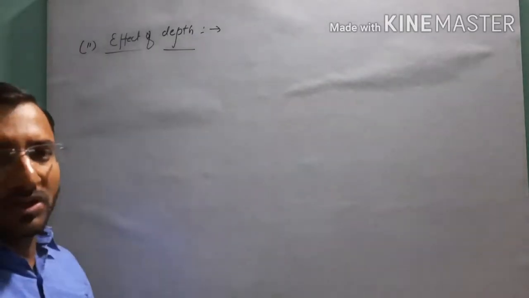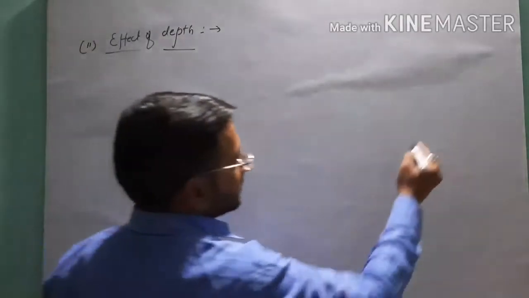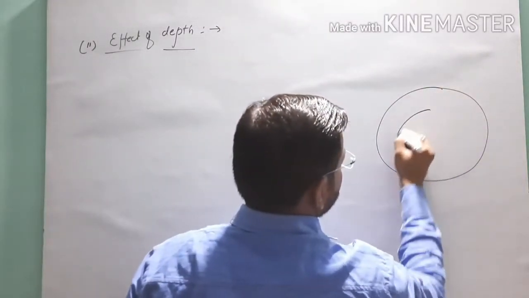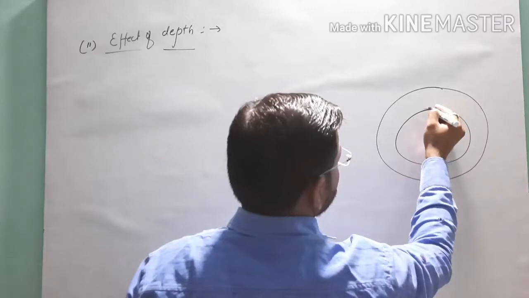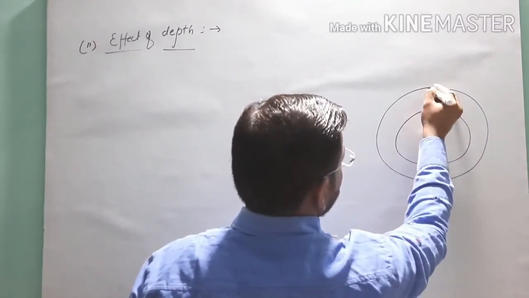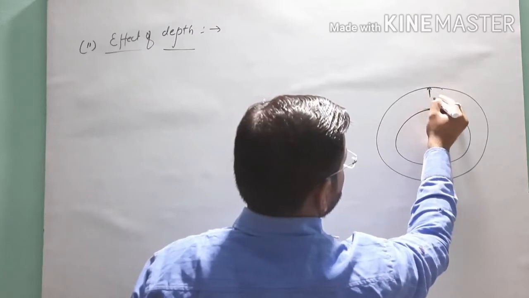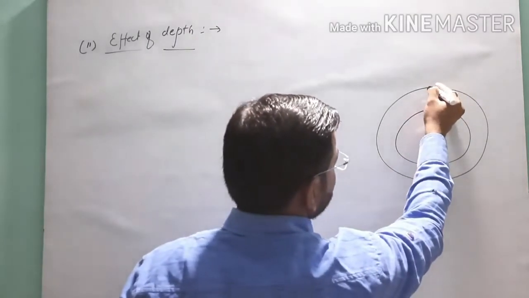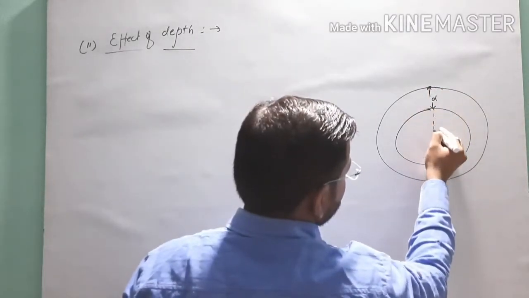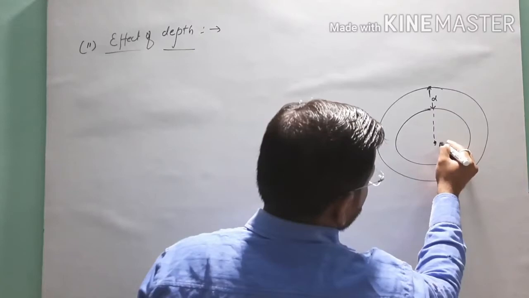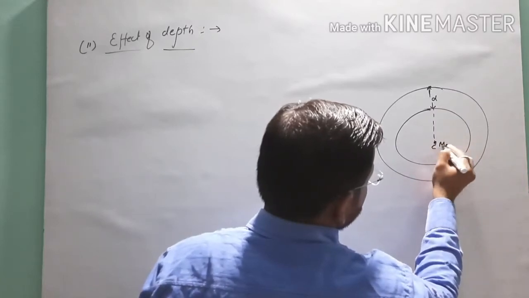We will talk about the value of g, acceleration due to gravity inside the earth. Means you can say here d, depth below the surface of earth. So this is a depth d below the surface of earth. This is the surface, and suppose the mass of earth is Me, and this is the center of earth.